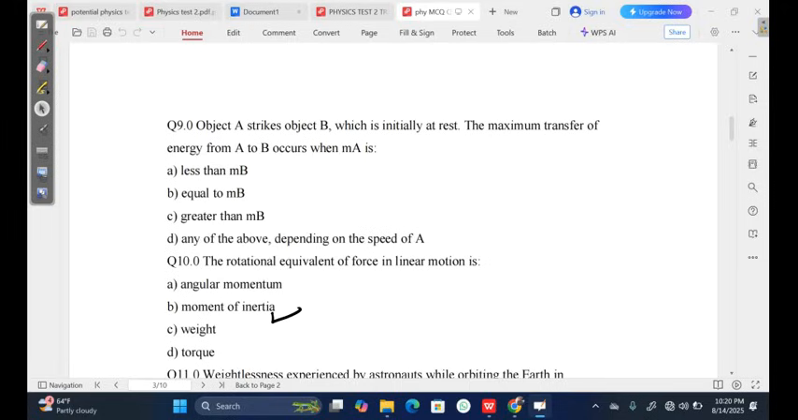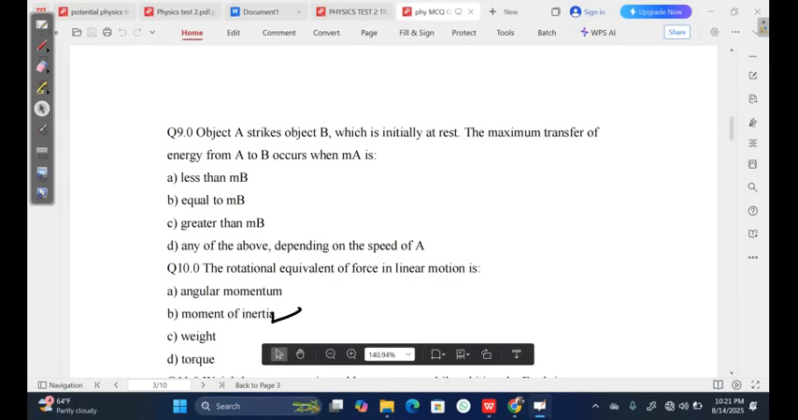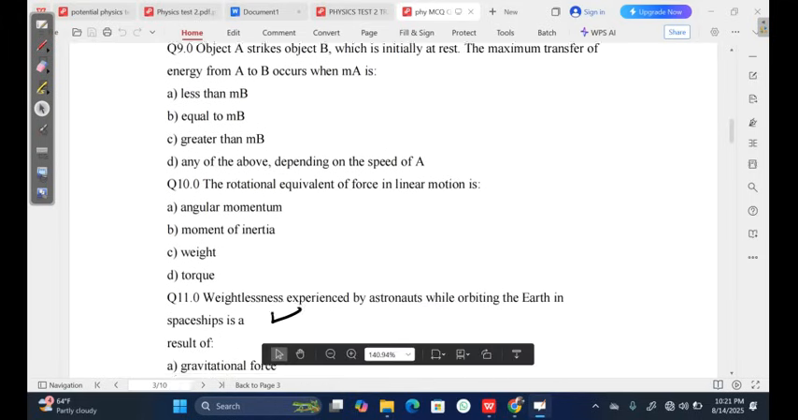So they are saying an object A strikes object B, which is initially at rest. The maximum transfer of energy from A to B occurs when MA is equal to MB. So when MA is equal to MB, that's where we're going to expect to have what? The maximum transfer of energy. So in this case, we'll go with B to be the correct answer. Okay, let's go to